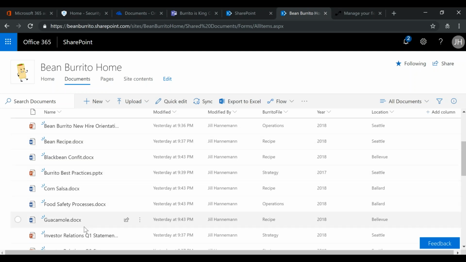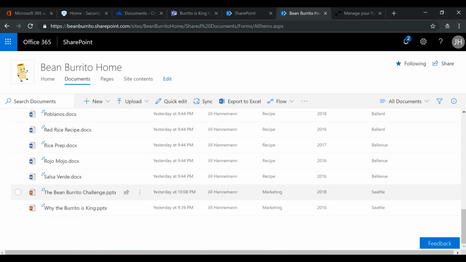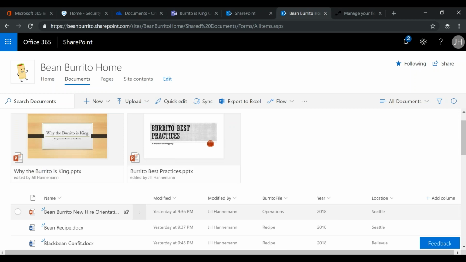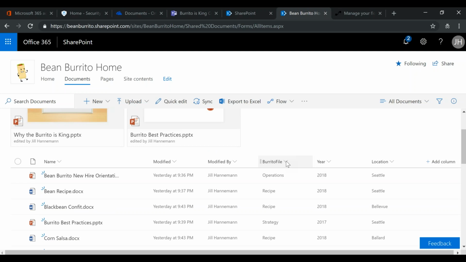For all intents and purposes, this is a single document library for our Bean Burrito, and we have a bunch of different documents in here, and I have a couple of different metadata fields. I just have location, year, and burrito file. So all of these documents are all kind of mishmashed in here, but I have some additional classification that I can leverage to make it easier for my groups to